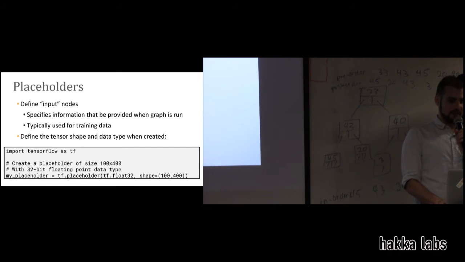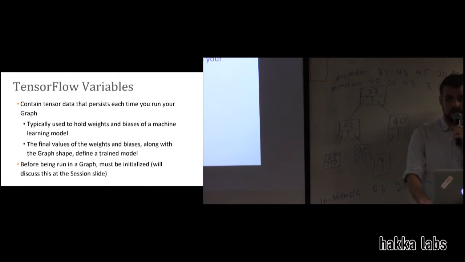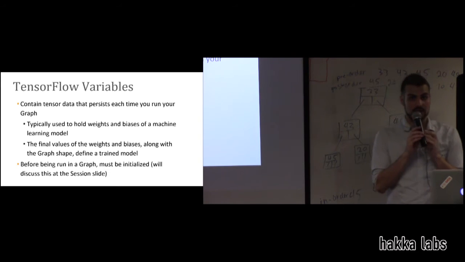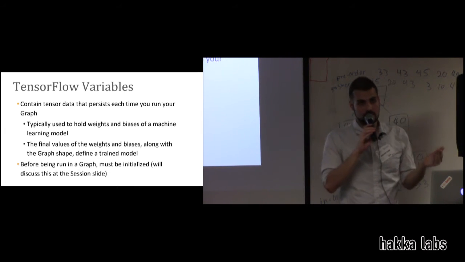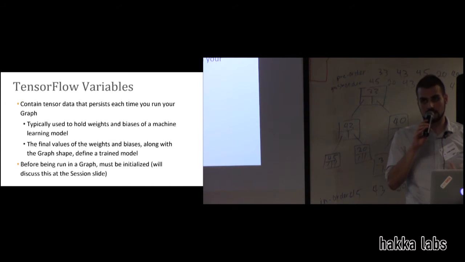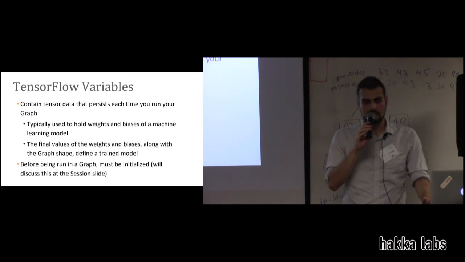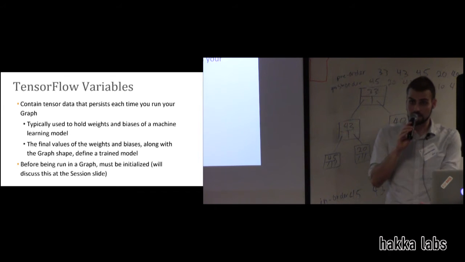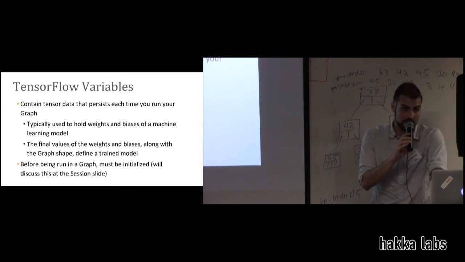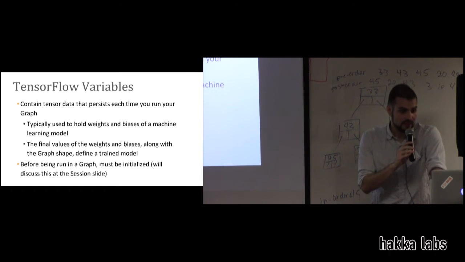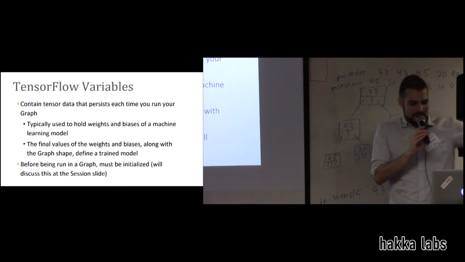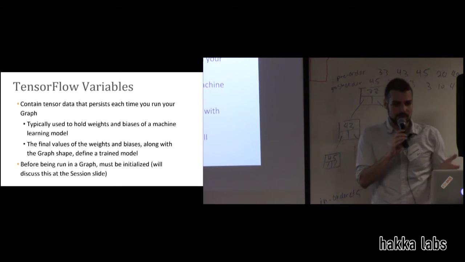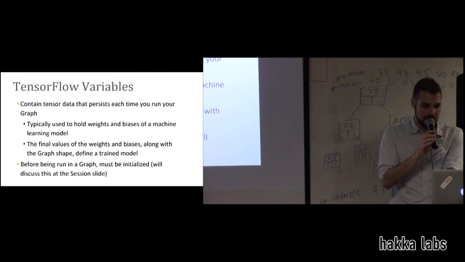OK, here we go. TensorFlow variables. These are variables that persist over time and that will be able to take on different values and slowly change over time or drastically change over time. So maybe like weights in your neural network that you want to train, or any parameters in your machine learning network, like weights and biases. If you know machine learning, the final values that you have after you train will be the main parameters that you've been trying to get.